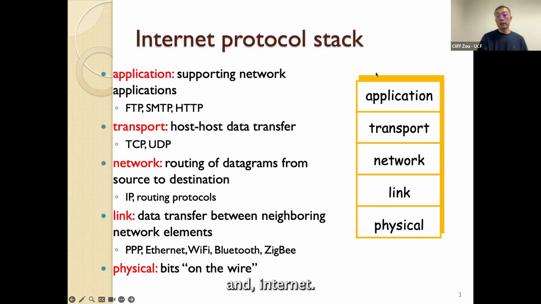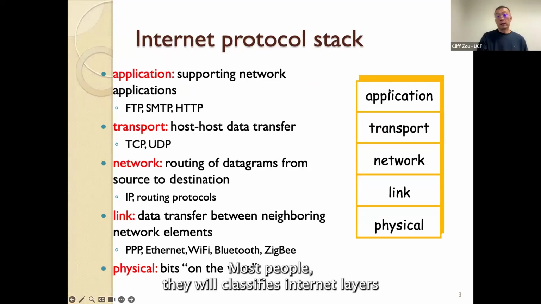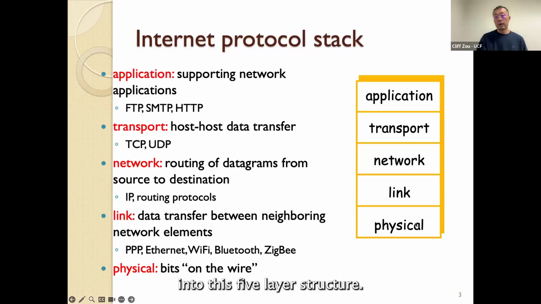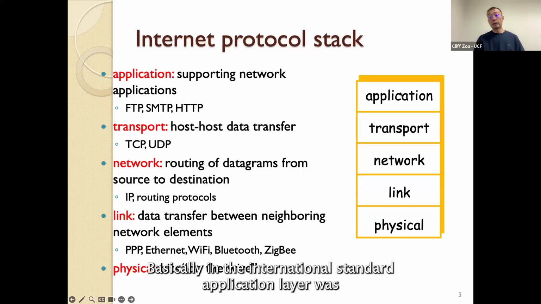And internet, most people, they will classify the internet layers into this 5-layer structure. The international standard is more than 5 layers, is about 7 layers. Basically, in the international standard, application layer was